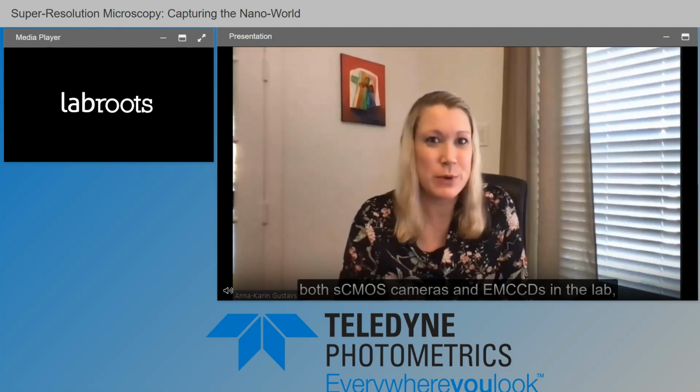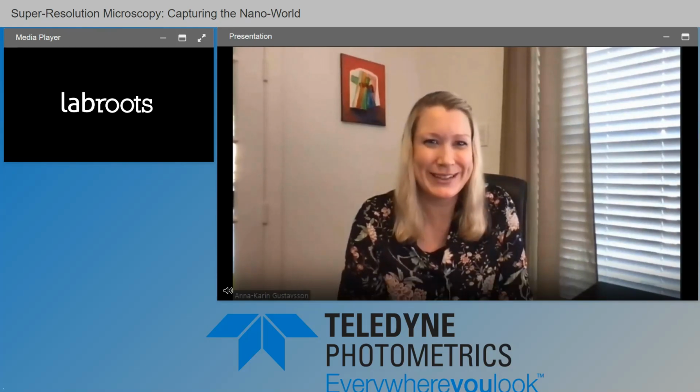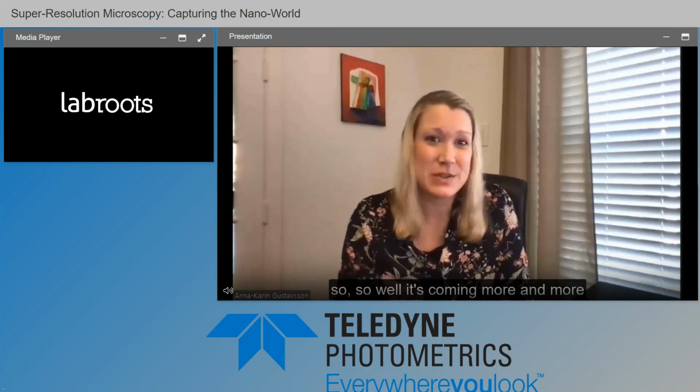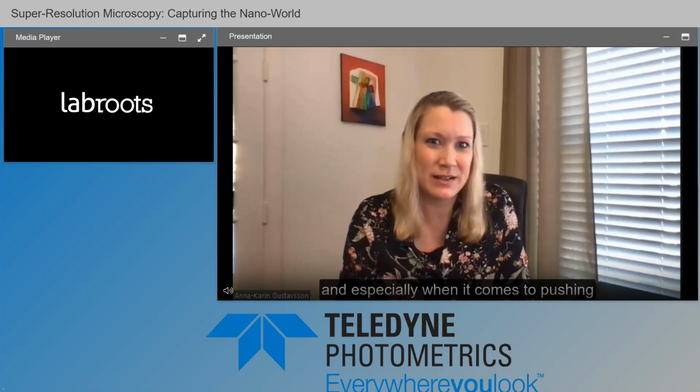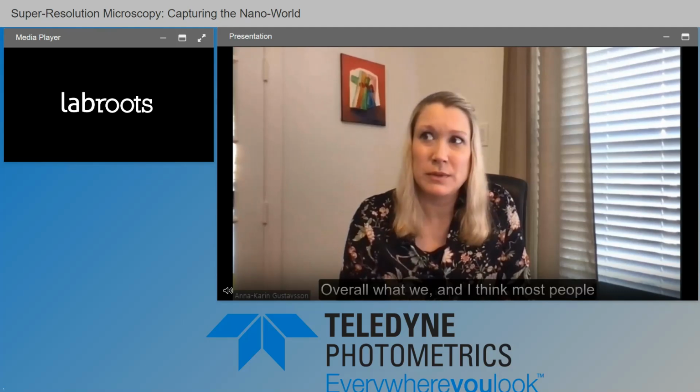For example, we use both sCMOS cameras and EMCCDs in the lab, where EMCCDs are maybe the more conventional super resolution or single molecule cameras, but sCMOS technology has advanced so well, so it's coming more and more into the single molecule labs as well, and especially when it comes to pushing speeds, for example, going faster. Overall,